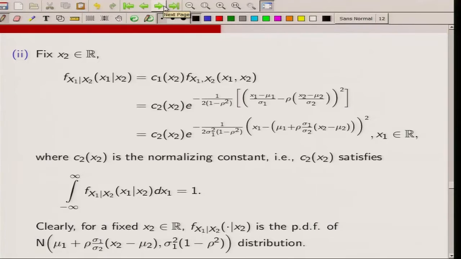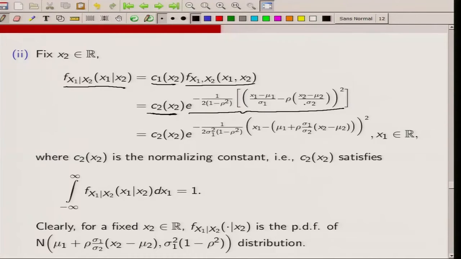Let us look at the conditional PDF of x 1 given x 2. I know that the conditional PDF is always proportional to the joint PDF, and the constant of proportionality would depend on at what point the condition variable has been fixed. So, that would be C 1 x 2 times the joint PDF of x 1 and x 2, which would be another constant, which are there in x 1, x 2, I absorb in C 2 x 2. I consider their perfect square,